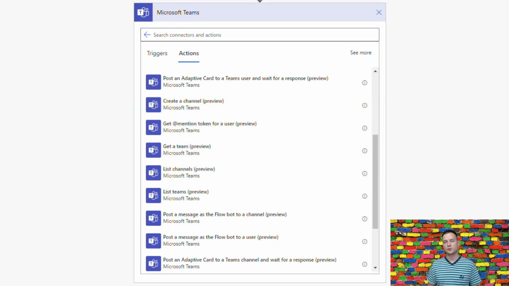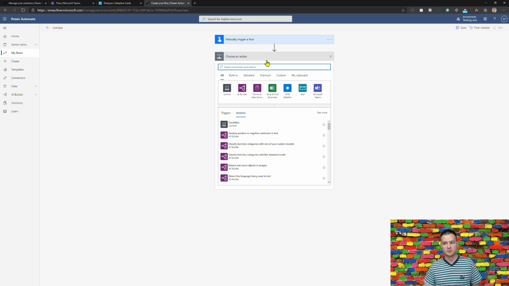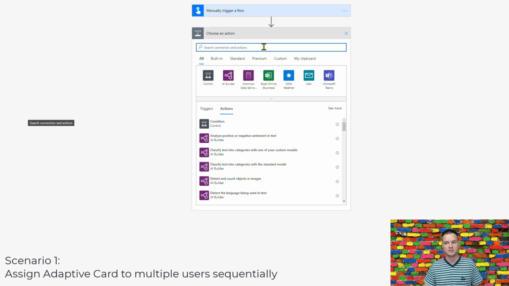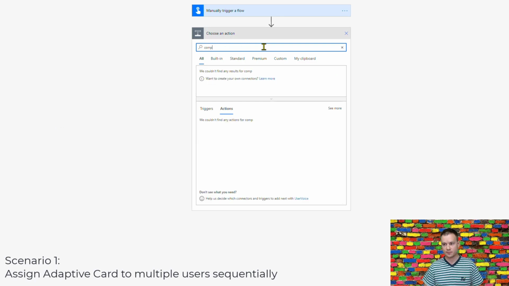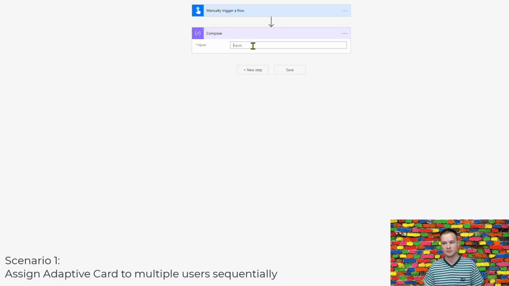Now, what could we do if we would like to assign this adaptive card to multiple users? Well, I can say that there are like two options, depending on whether we want to do it in parallel or sequentially. The approach is different. When speaking about doing this sequentially, things are much easier. So if we want to do this sequentially, so that one user is assigned, then their response, then another one is assigned, their response, and so on, we can simply follow this approach that we first create an array of